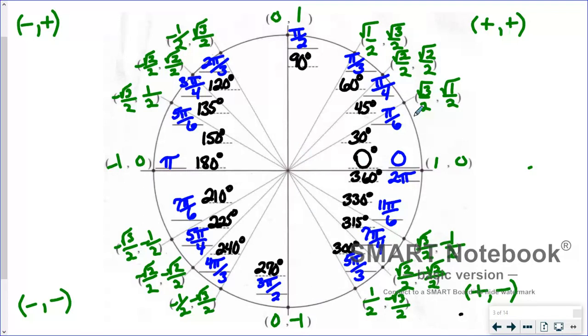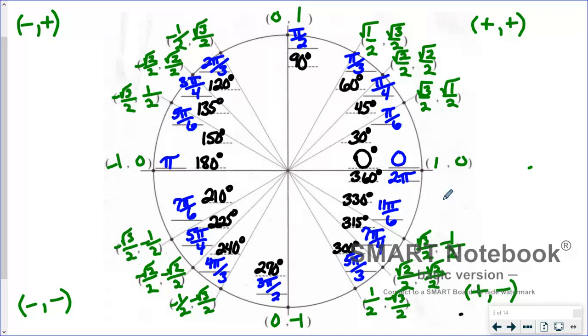All right. And then here, all of our denominators are 2. All of our numerators have square roots. Start with your x, 3, 2, 1. Come back down, 3, 2, 1. Reflect everything. Make sure your signs are appropriate for whatever quadrant you're in. And you're done. That's it. All right. Now,